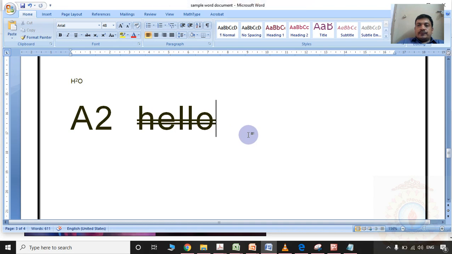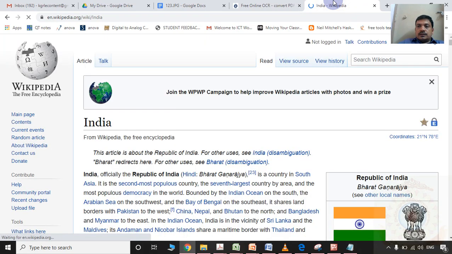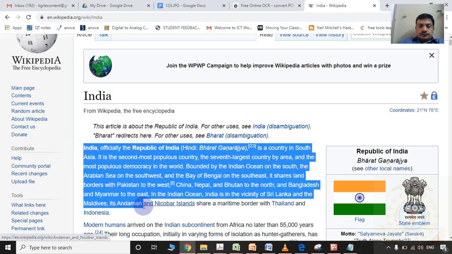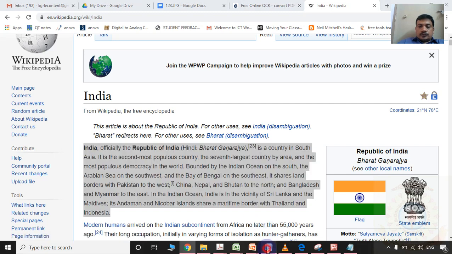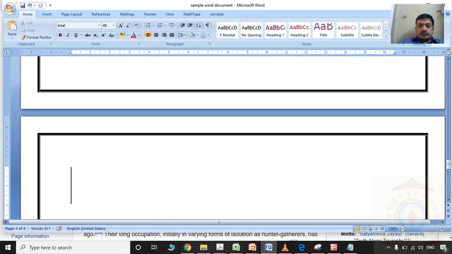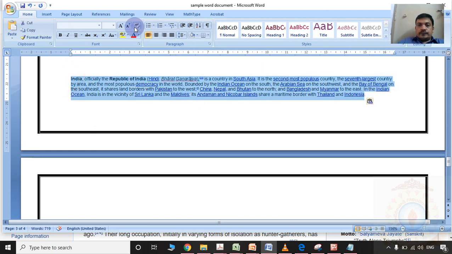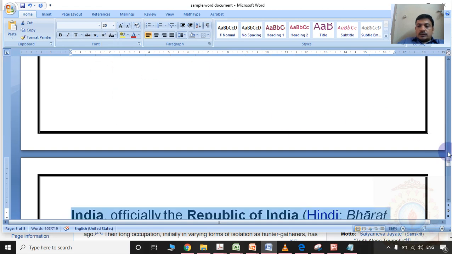Another query is that some members want to copy information from some websites, for example from Wikipedia. I am selecting this particular paragraph and I pasted here.